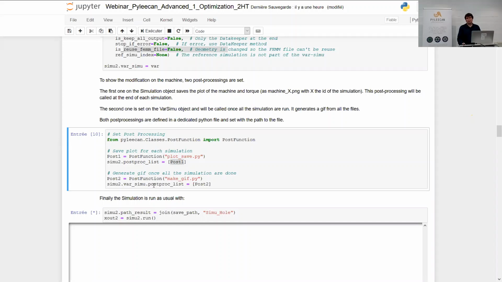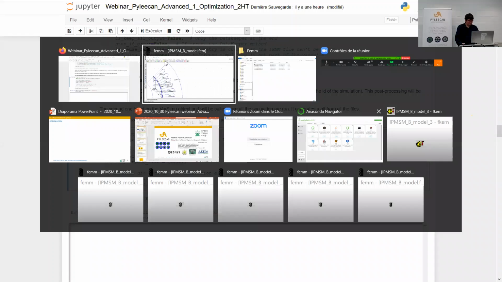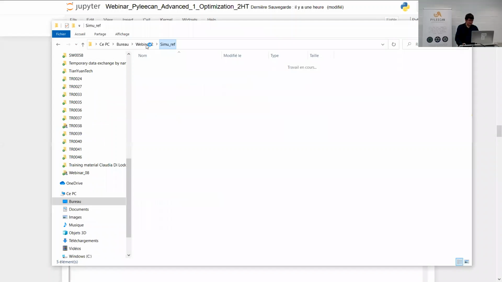And this one has another meaning. It says that at the end of every single simulation that the var_simu will run, now run this post-processing. So at the end of all the simulations, I will run the other method. So if we take a look at what I've defined,